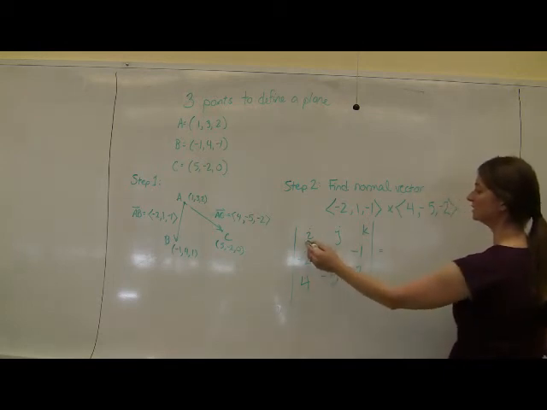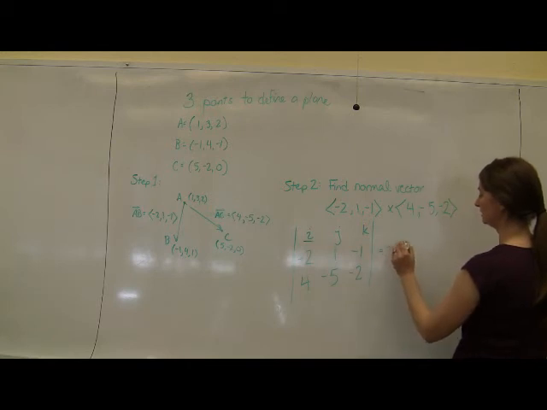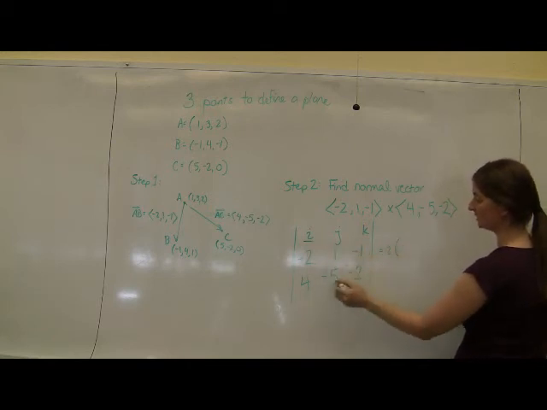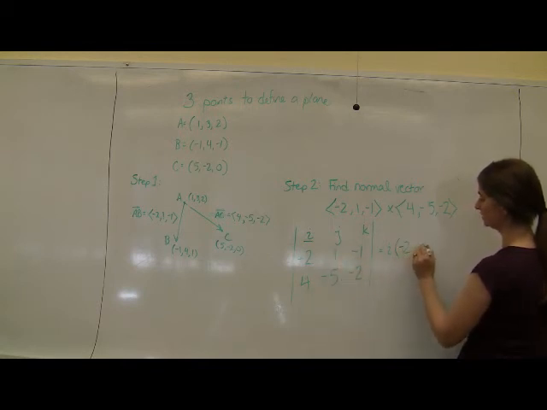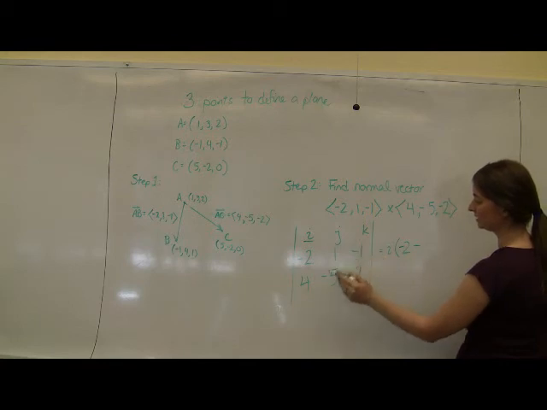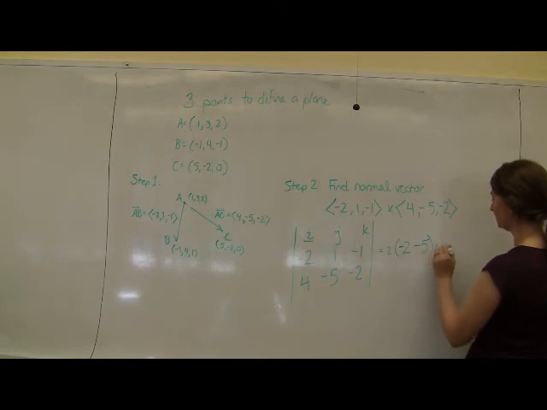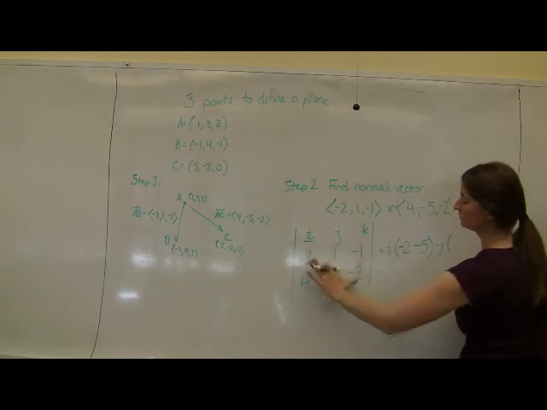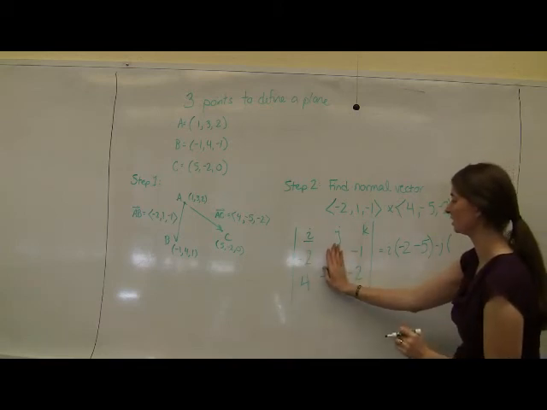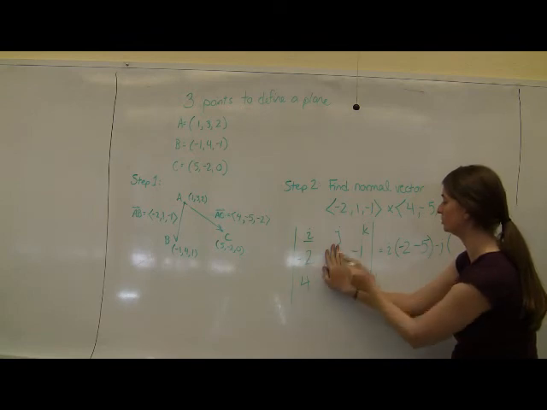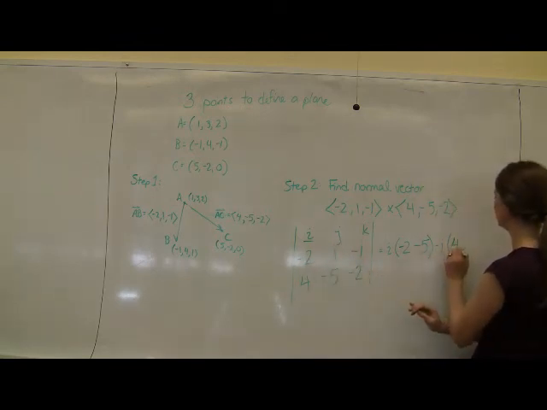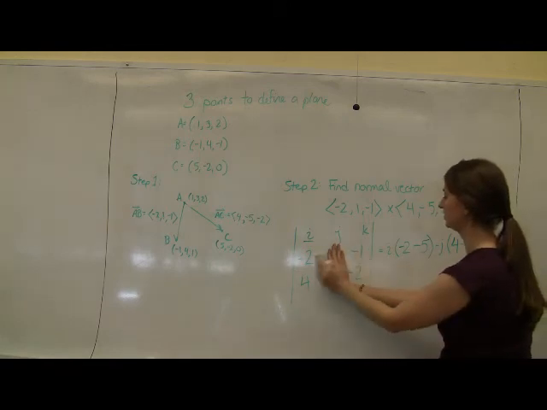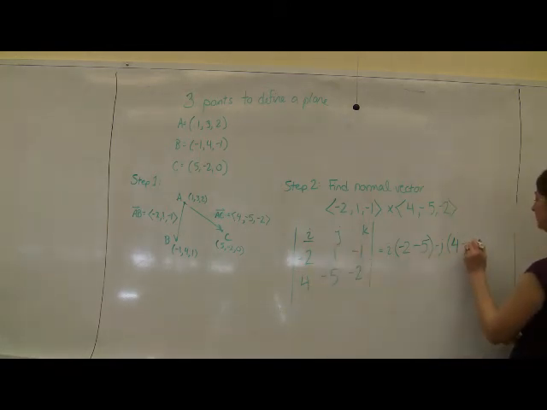So when I take the determinant, it's the coefficient i times the determinant of this smaller 2 by 2 matrix, which is going to be 1 times negative 2, which is negative 2, minus negative 1 times negative 5 is positive 5, minus the j times the determinant of this 2 by 2 matrix, omitting the jth column, and I get negative 2 times negative 2 is 4, minus negative 1 times 4 is negative 4,